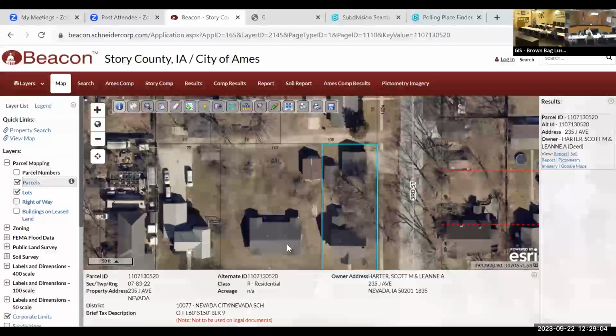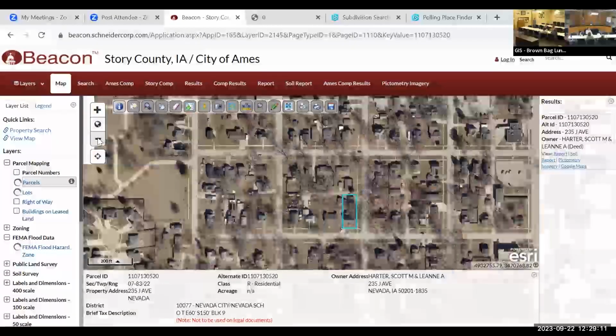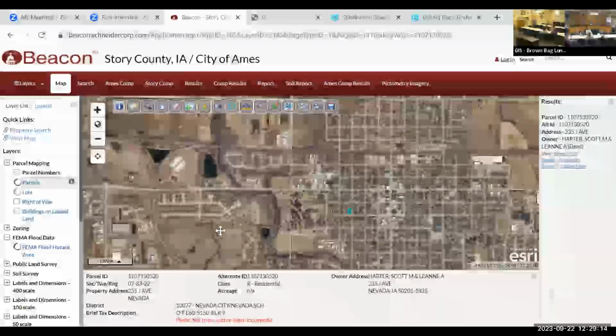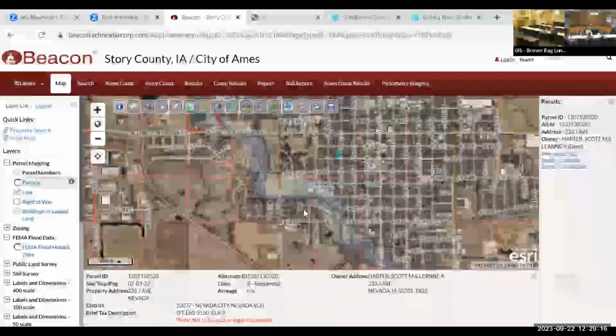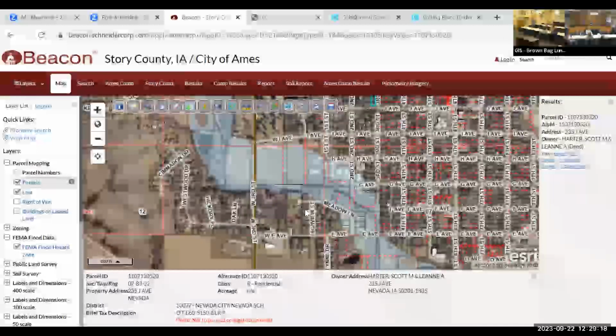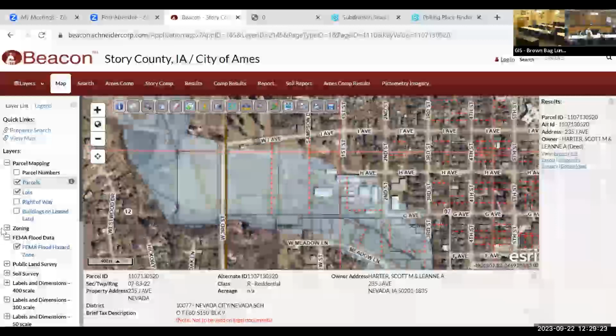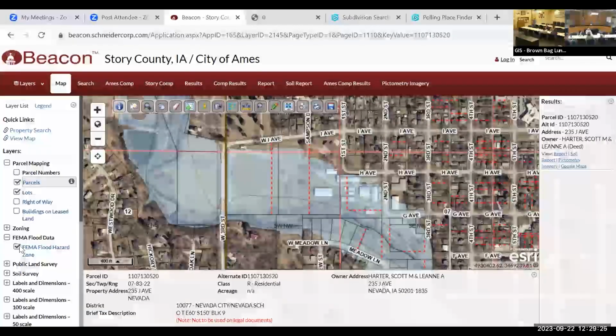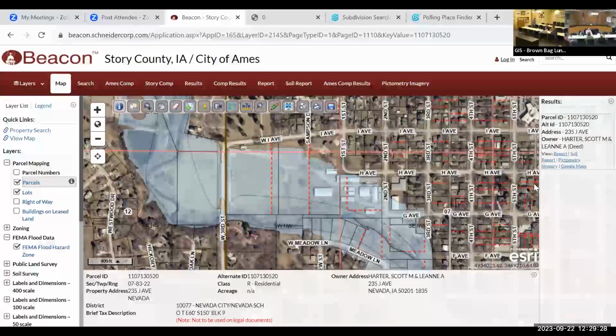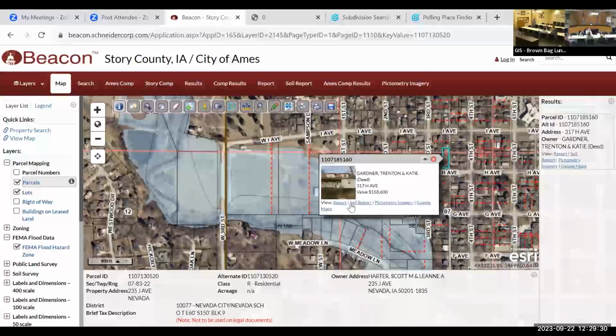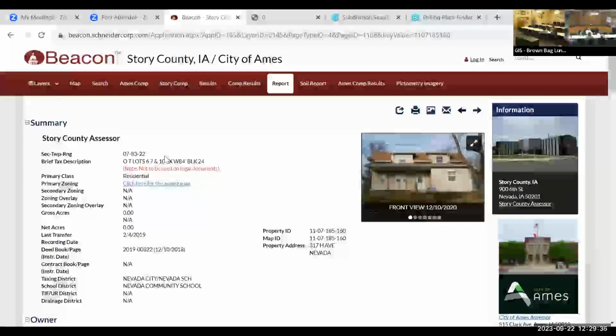Turn on any of those layers. You can do basic zooming in and zooming out, and you should turn on the FEMA flood zone layer. It goes through Nevada. And then just click on another parcel, so you can see that if you're looking at that one on the map, you say, hey, I want to know this information. Okay, click on the report. Find information about that. So yeah, pretty slick.